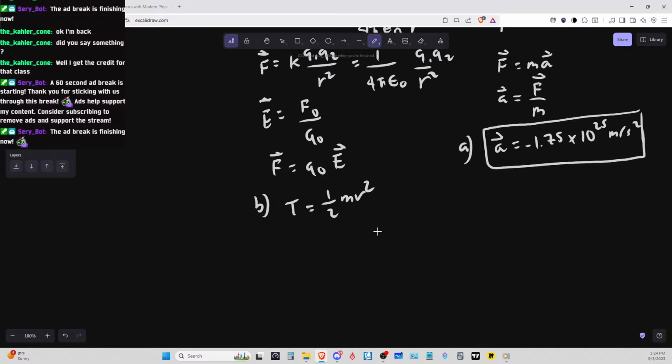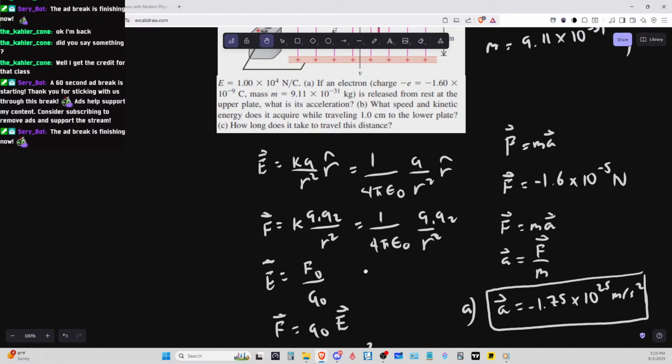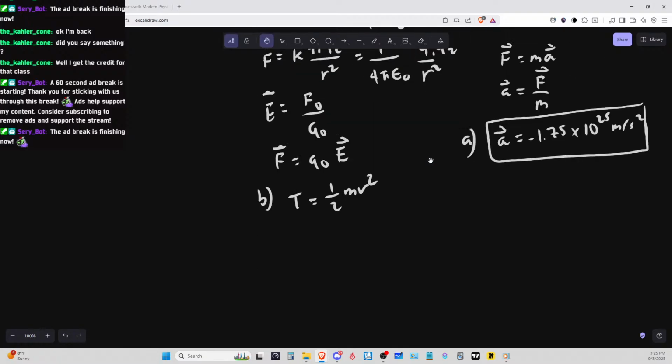So we got that. So what's the speed and the kinetic energy required in the lower plane? So now we have to actually get the velocity. So since we have the